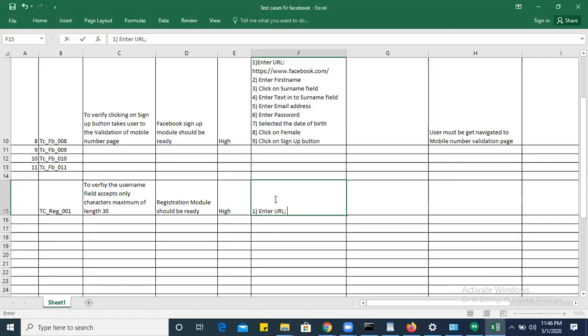Let's say https www dot google.com. The second step is click on the username field, right? And the third is enter username. So what would be the test data here?